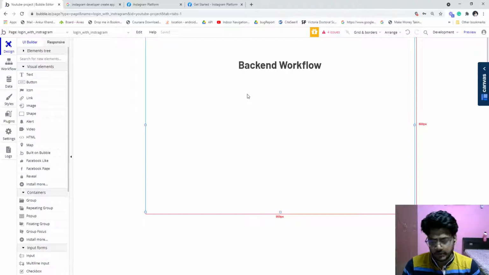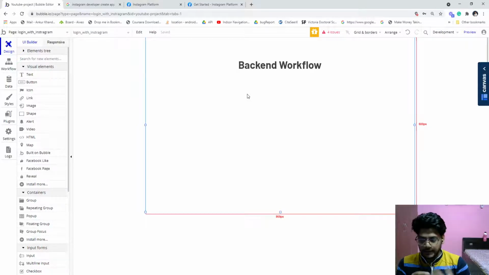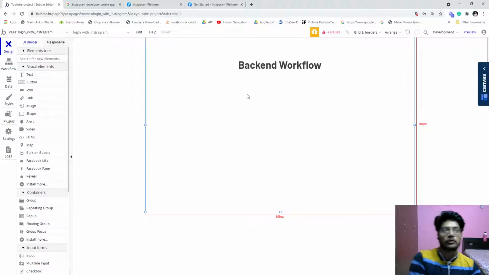Depending upon the use case, you can even use it for chatting purposes, though I'm not sure how the scalability is. For example, two people are chatting and one is offline, so you can use the backend workflow to handle this. But I'm not sure, because sometimes it gets late. You get the backend workflow trigger from that webhook 5 to 6 minutes late. In that case, it will ruin the chat experience.